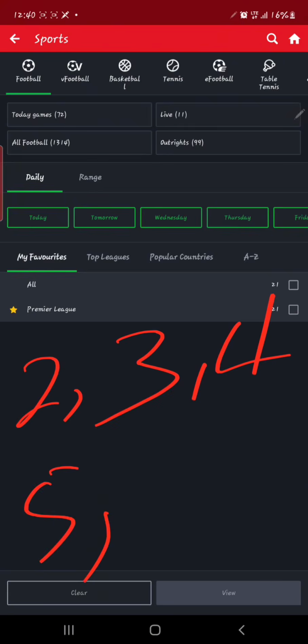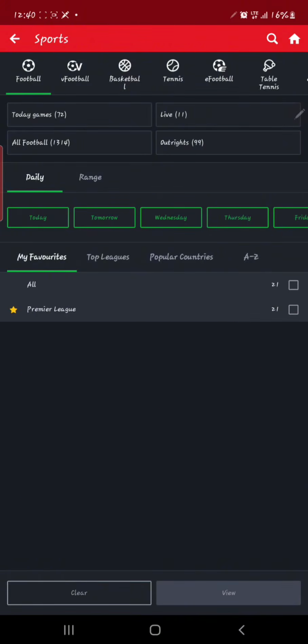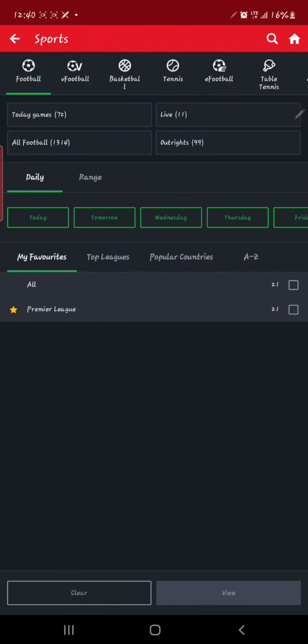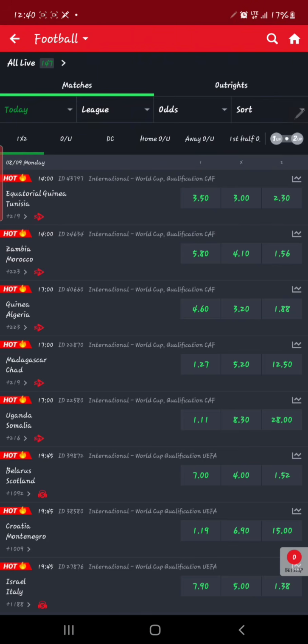and 5 odds, as long as there are plenty of teams playing that have that kind of option, and if the Premier League is available. The Premier League, Italy, France, Germany, they all have this option. Even Turkey has this option. If you want to know that particular option, it is a corner option, and Sportybet just introduced it recently. So it's a new option that you can use to win, and you can use to predict perfect 2 odds, 3 odds